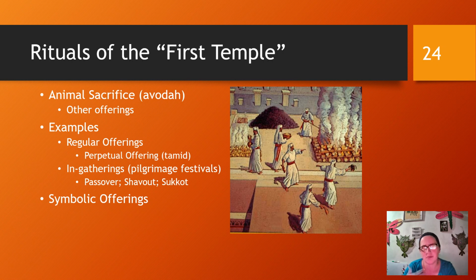And we also see in the first temple the beginning of symbolic offerings. Songs, yes, but psalms. The psalms, from what we gather, many of them started as prayers or songs that were sung at the temple. So we start to see the beginning of the offering of the tongue, the offering up of prayer and song, and not just animal offerings. So the roots of later Judaism is starting in here.